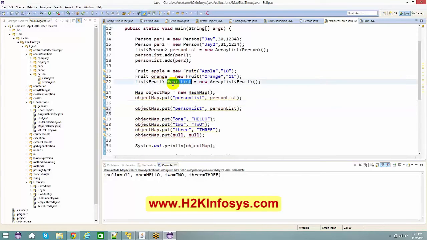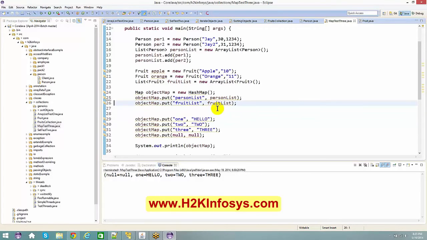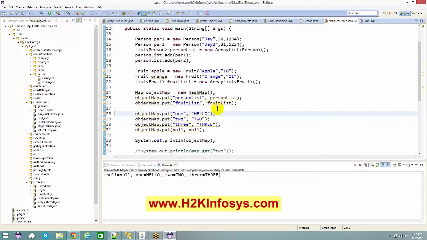Copy this and paste it. Right, now if you can see here, usually what happens in practical, in your application you want to send a list of objects